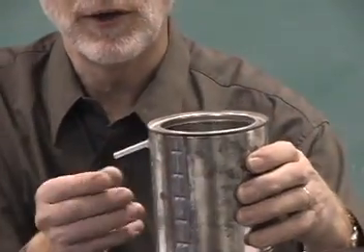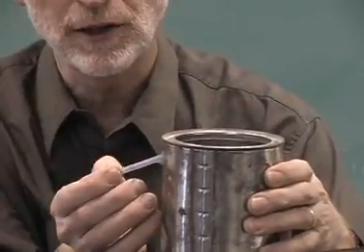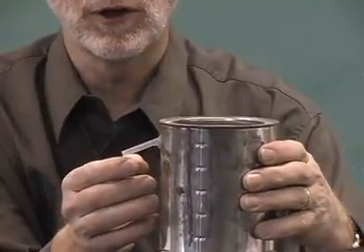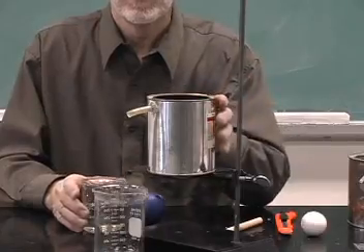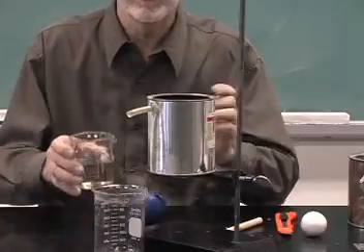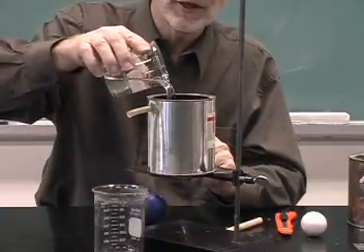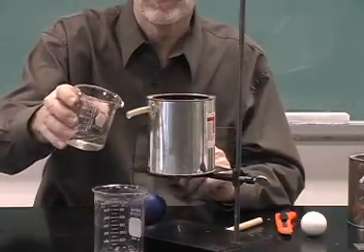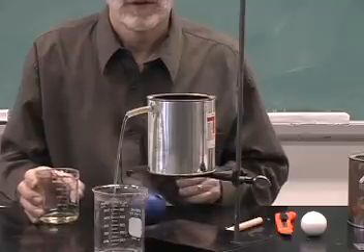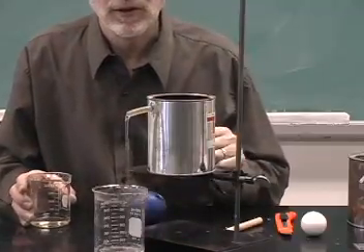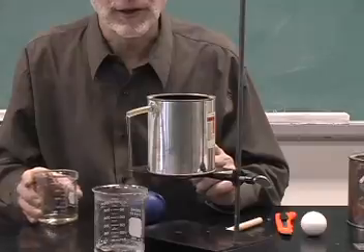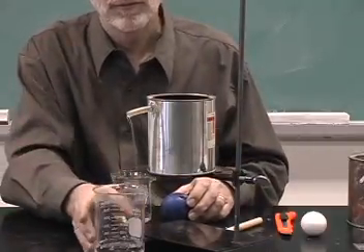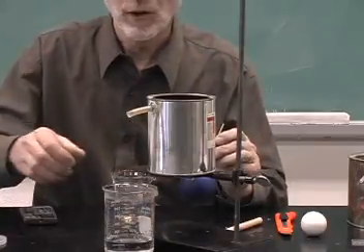So here's one in which I've used Tygon tubing. Here's another one in which I used some rigid plastic tubing. Either one of these will work fine. I place my can on a stand and then add water until it overflows. And we then allow the water to run out until the water no longer flows. Once it stops dripping,